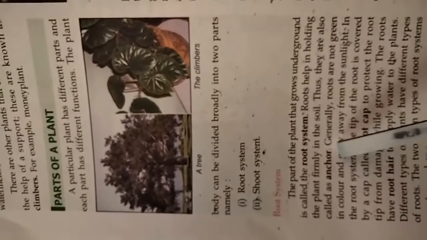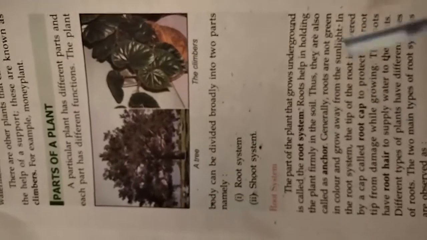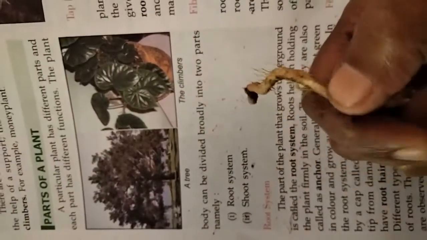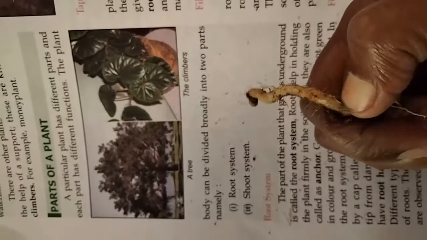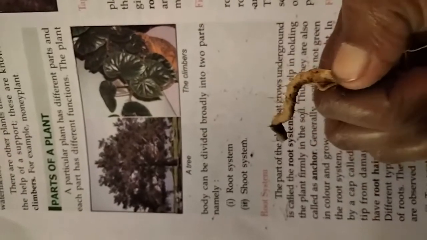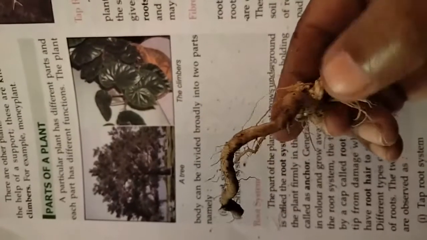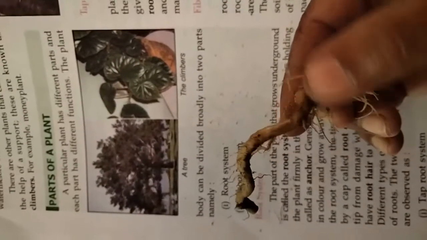इसलिए हम root को क्या बोलते हैं? We also call it anchors because they are like a hook. खींच के पकड़ के रखते हैं. ठीक है. Then we have root cap. I showed you that root cap. Here once again I am showing. ये root के ऊपर से और एक पतला सा लगा हुआ है, that is called root cap. Inside we have a white part like this, on top there is a covering, skin जैसा cover रहता है. So that is called root cap, and this small root you will see is called root hair, and it helps the plant to supply water. Through this the plant gets water.